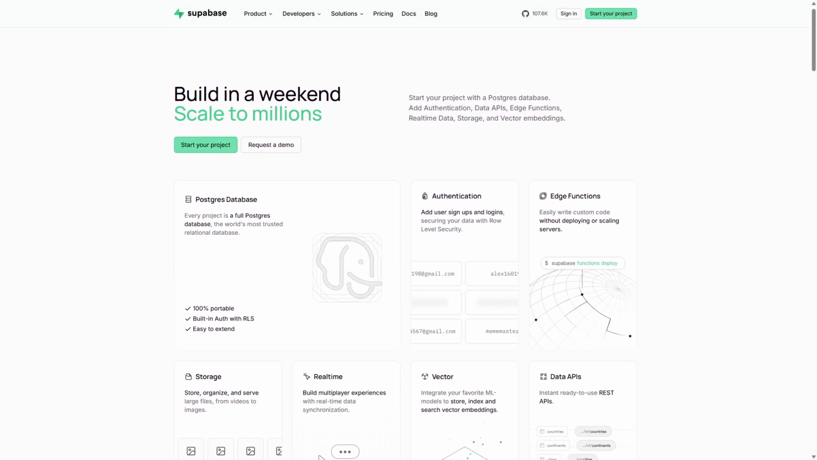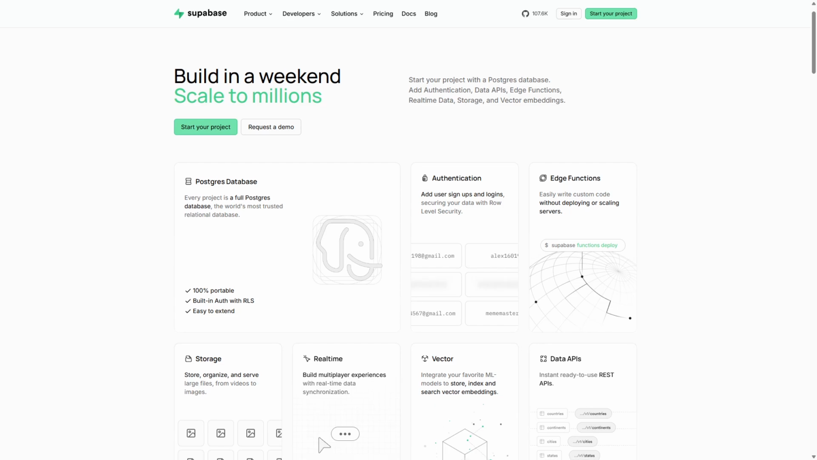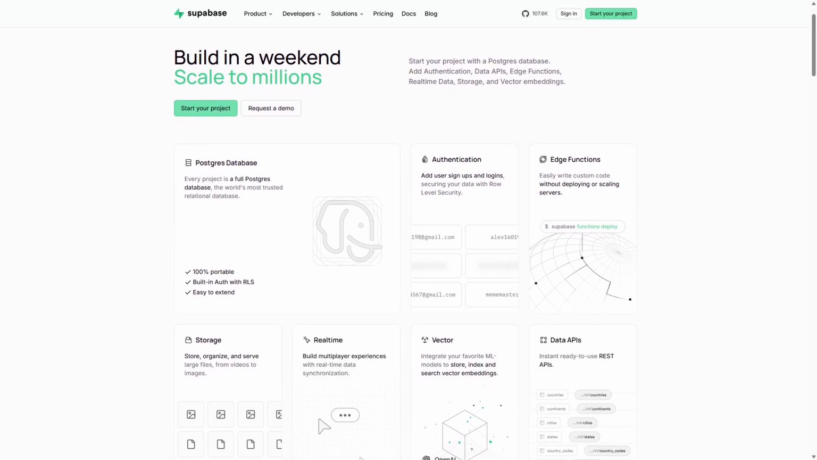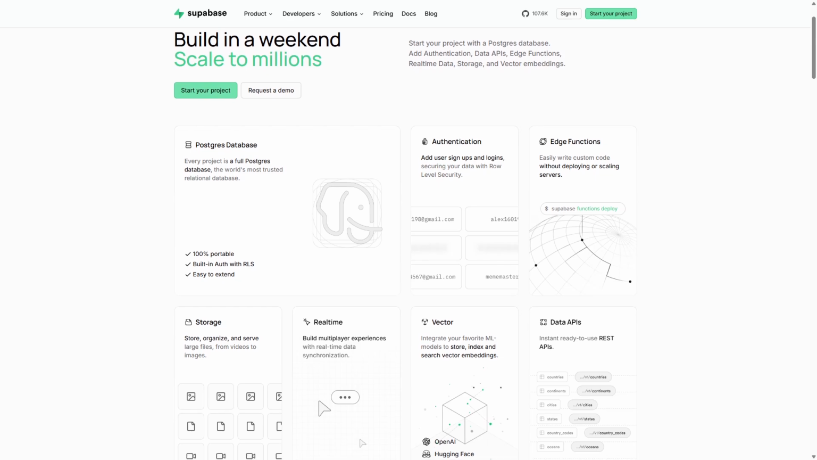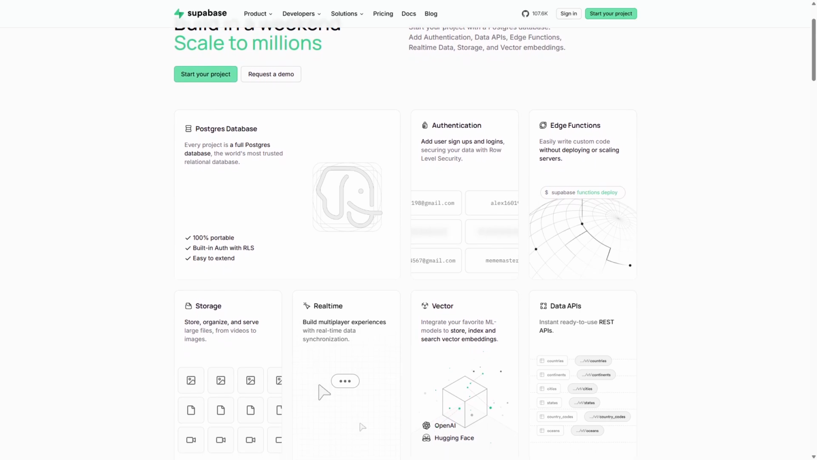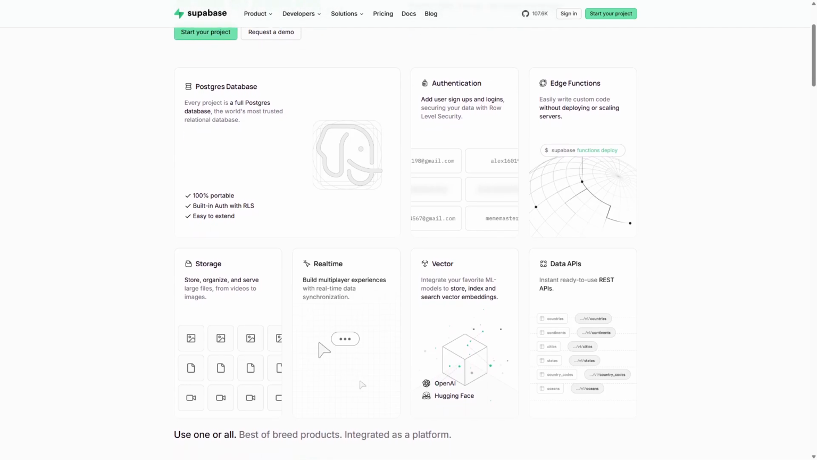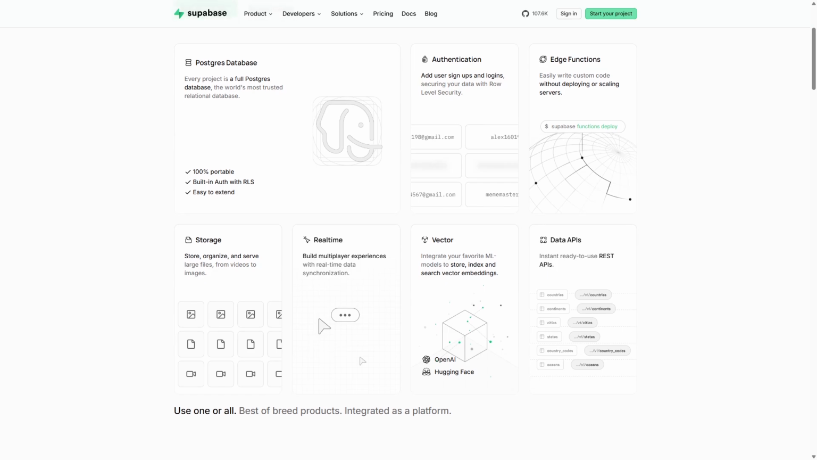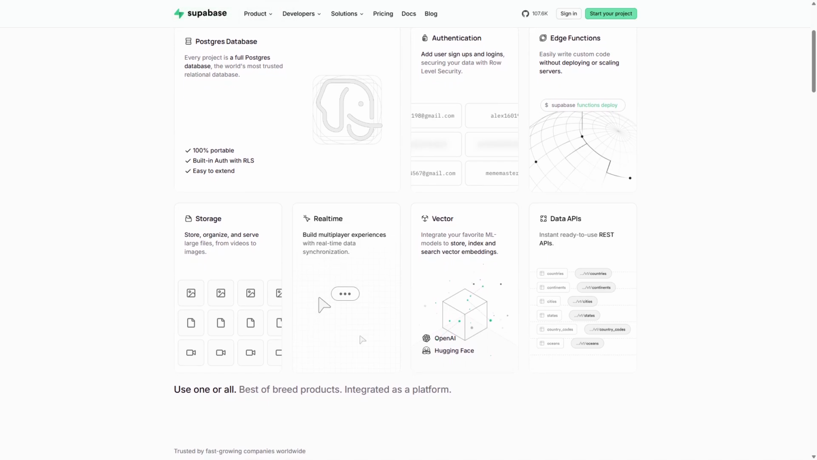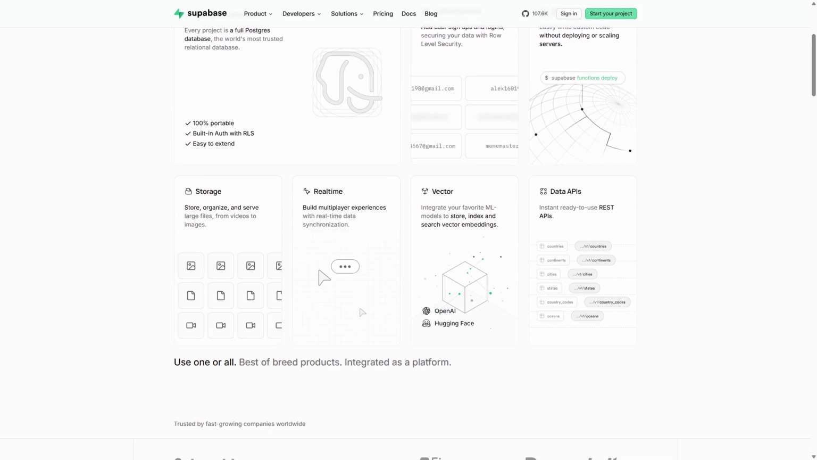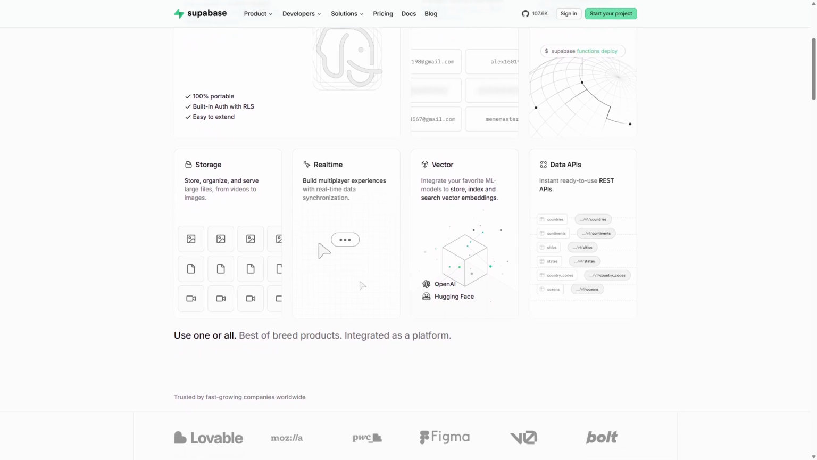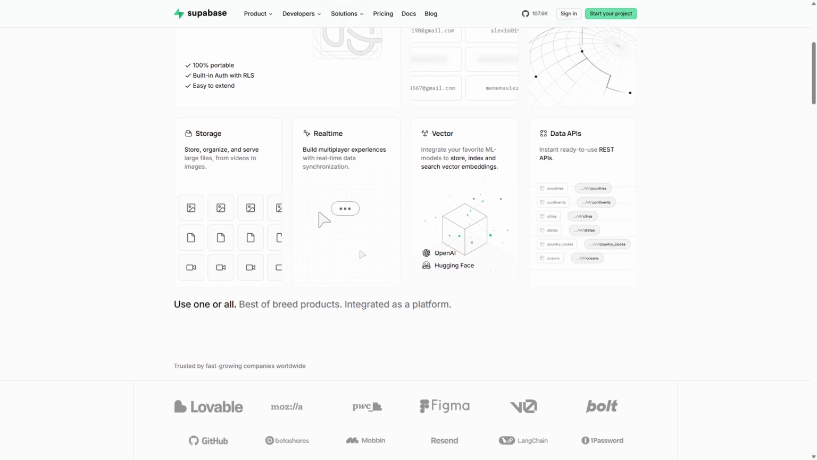Supabase is an open source backend platform that provides a complete suite of tools built on PostgreSQL. It offers a hosted database, authentication, real-time subscriptions, and storage, all accessible through RESTful and GraphQL APIs. Supabase works by leveraging PostgreSQL's robustness, allowing developers to write SQL queries directly or use its client libraries for seamless